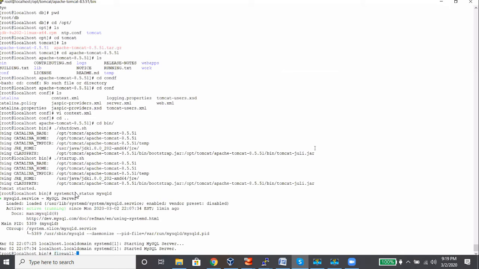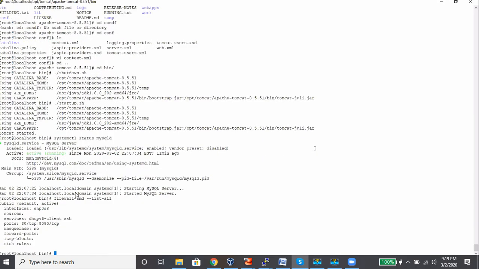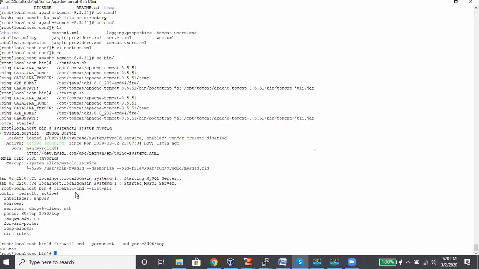Firewall-cmd. We need to even allow the DB port also. Firewall-cmd --permanent --add-port=3306/tcp and then reload.